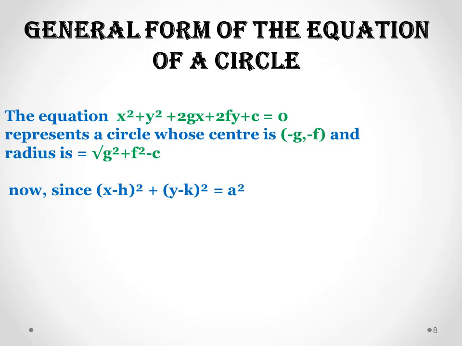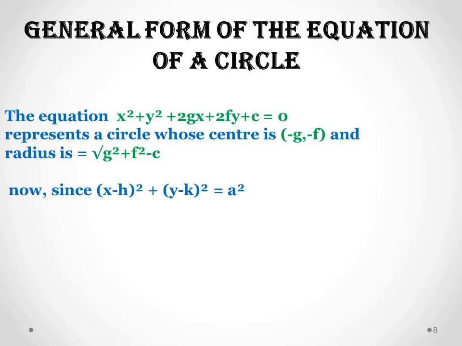Now how did this equation come? Because we already had a standard equation, so what is the need of finding out this general form of the equation? There is no need of this, but it is just a simplified version of the standard form or central form of the equation. It is a simplified form, right? How are we going to get this? I am going to tell you the whole solution of this as well.